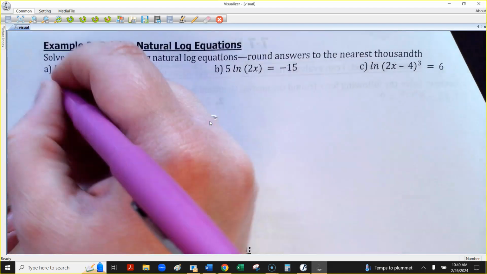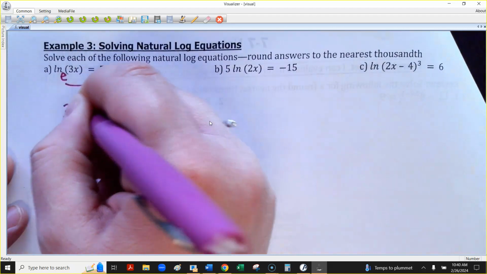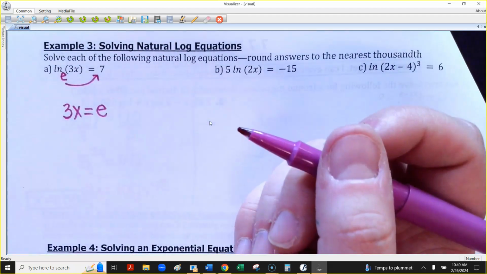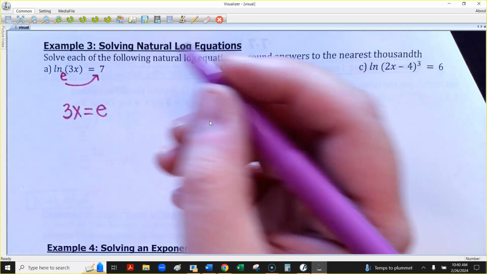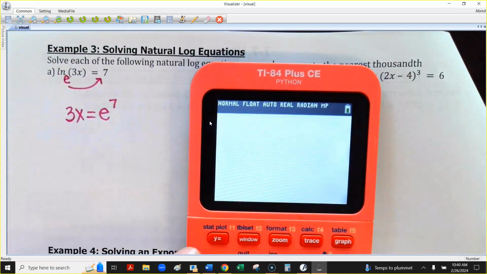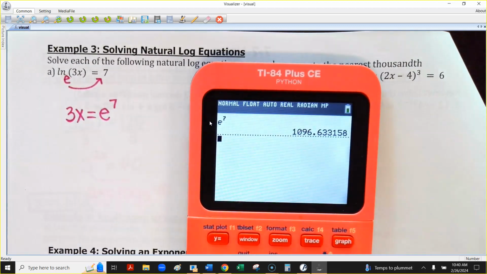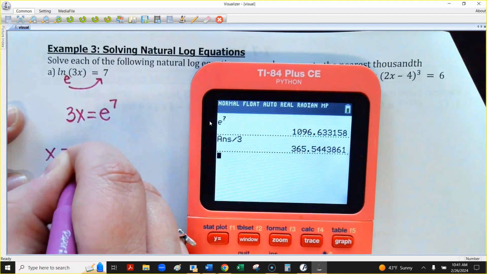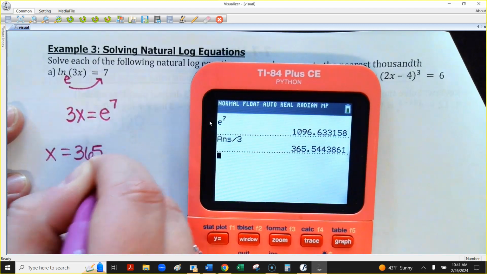So this would be 3x, and then the e, that base, is going to come and be a normal size letter, and it's going to push the 7 up in the air. And what we're going to do on our calculator is e to the 7th power. So wherever your e button was at, we're just going to do e to the 7th, hit equals, and then to actually answer the question there, I got to divide that by 3. And we're going to go 3 decimal places on these, and most of them are not going to be nice numbers. So this is